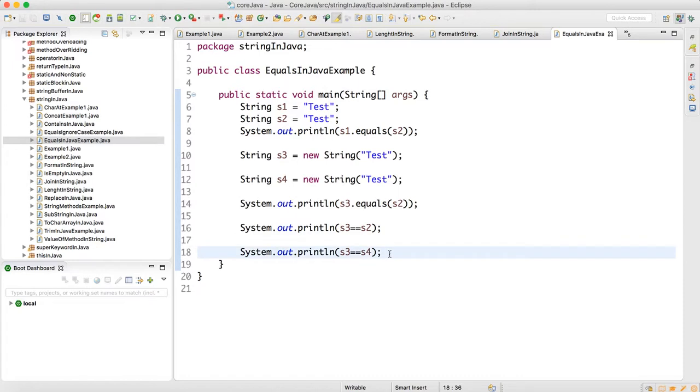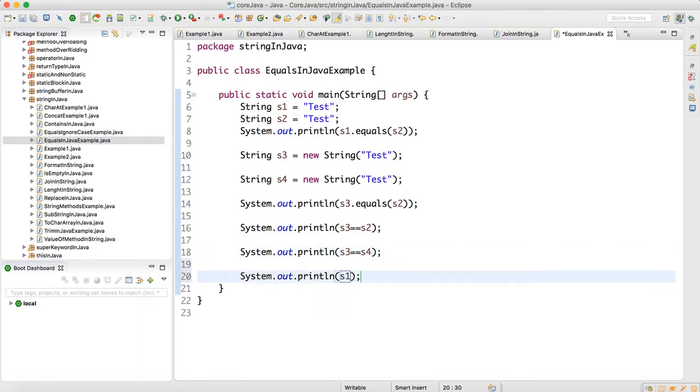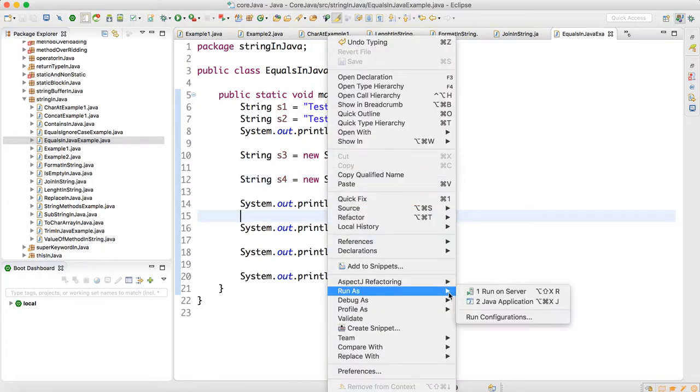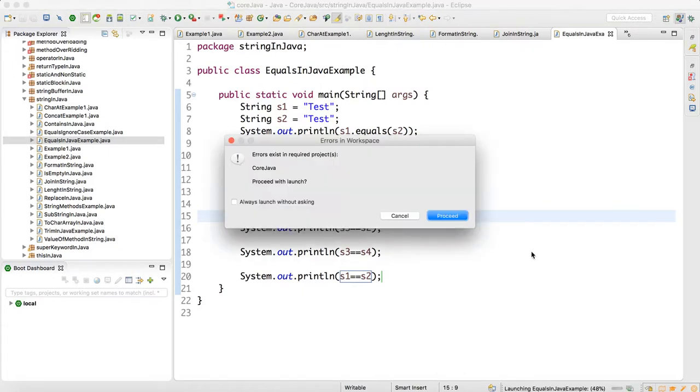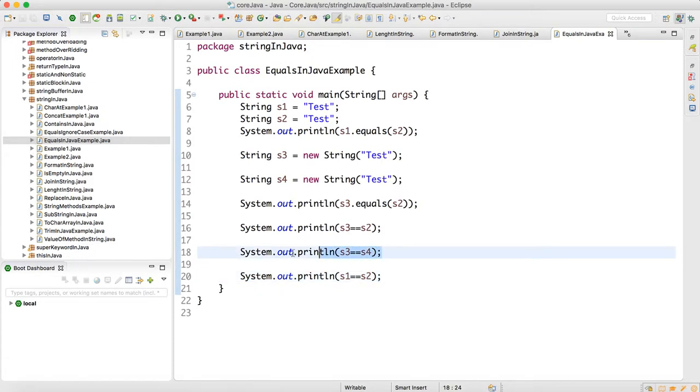just to cross check, if I do s1 is equal to s2, here I should get true, because it is pointing to the same object. See here, you'll get a true because it is pointing to the same object. Now